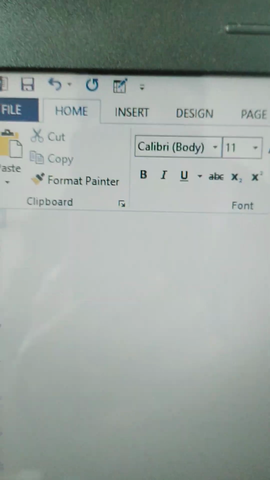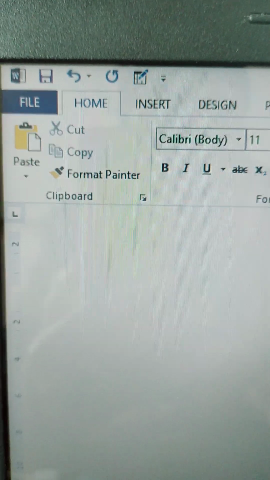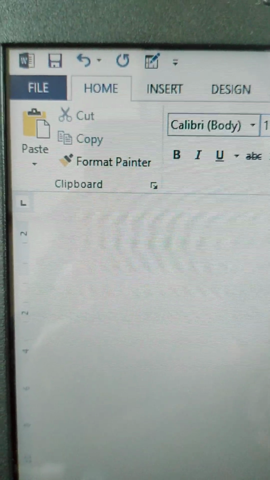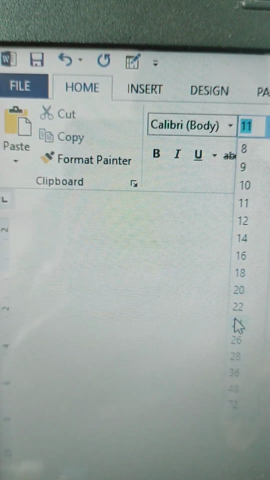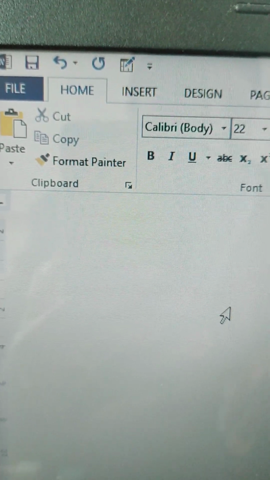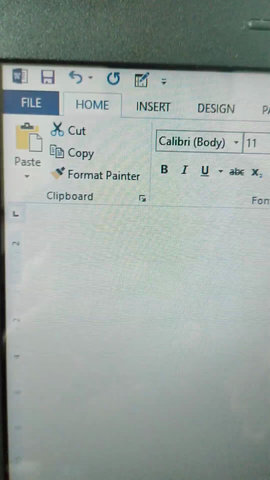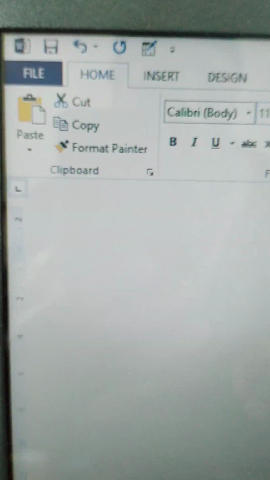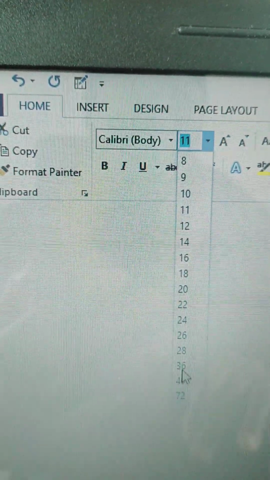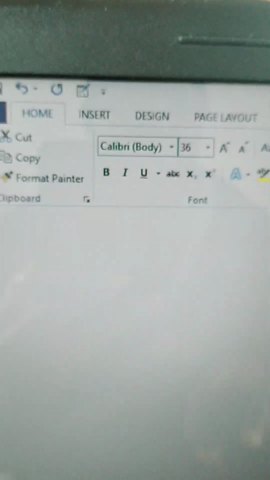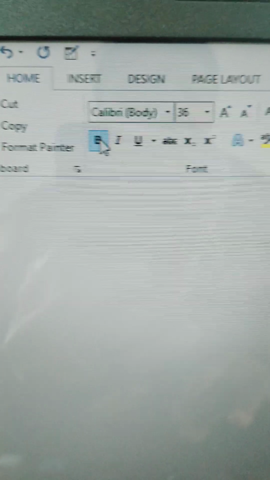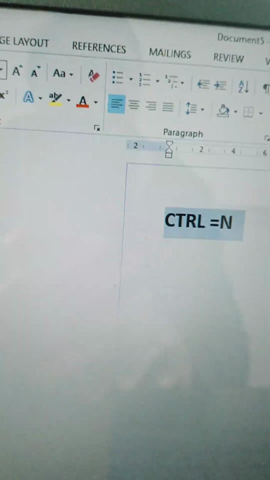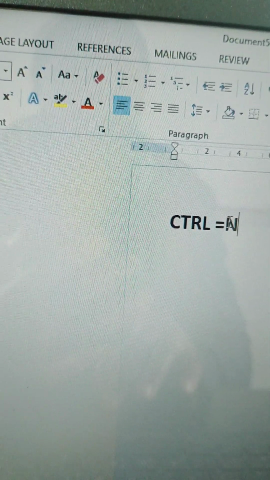When I say Control plus N, what do I mean by that? Let me enlarge it a little so that you can see it very well. I need to highlight and enlarge. See, I want to increase the character size. You can see I'll broaden it so that it's very clear. You see, when I say Control plus N, it takes me to